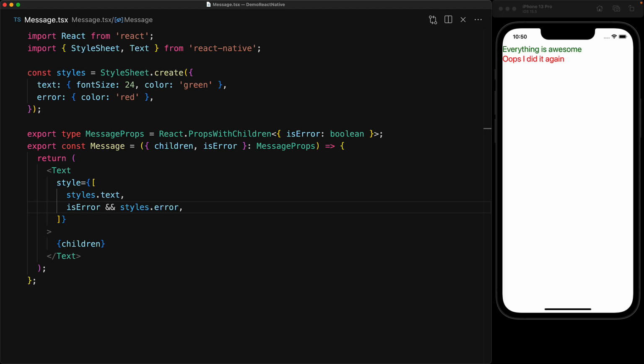And with this change in place, you can see that we have a message component that functions the way that we want it to. When isError is false, we get a green text, and when it is true, we get some red text. If you want to learn more about conditional rendering within React, I have a lesson dedicated to